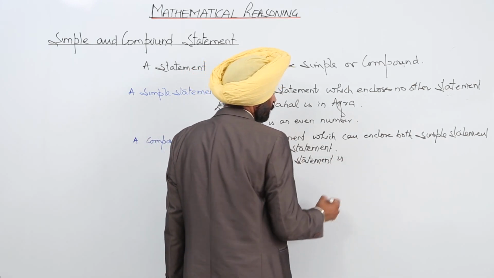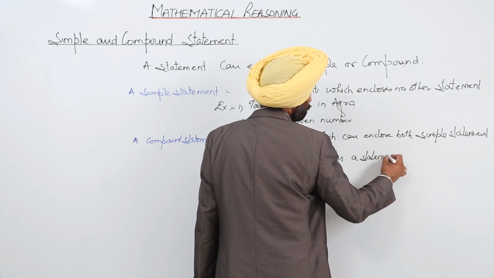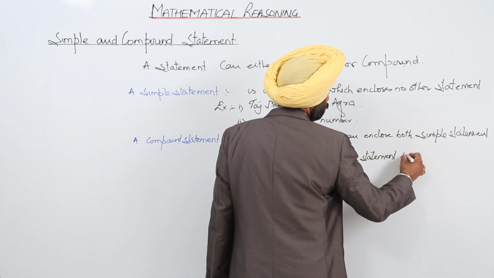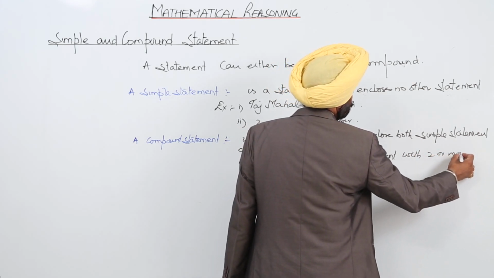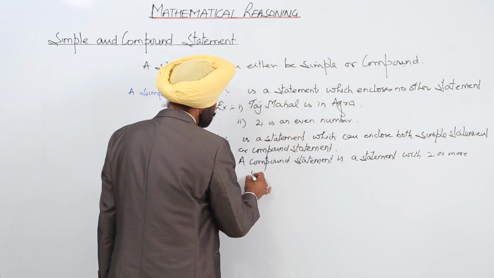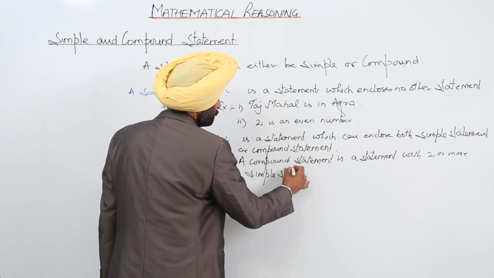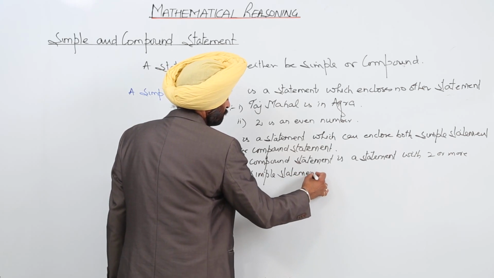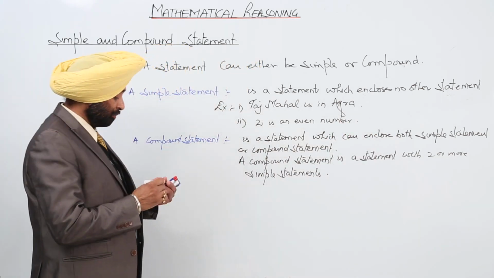A compound statement is a statement with two or more simple statements. Two or more simple statements. Now how? For example, now